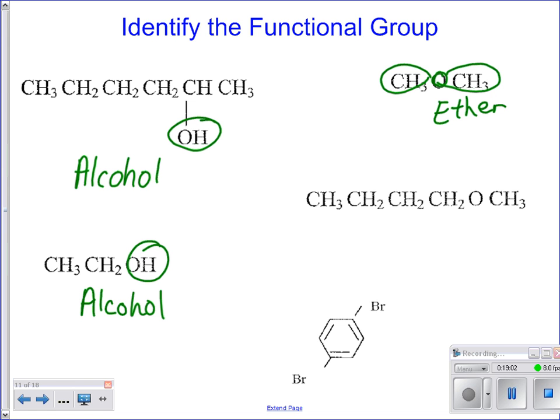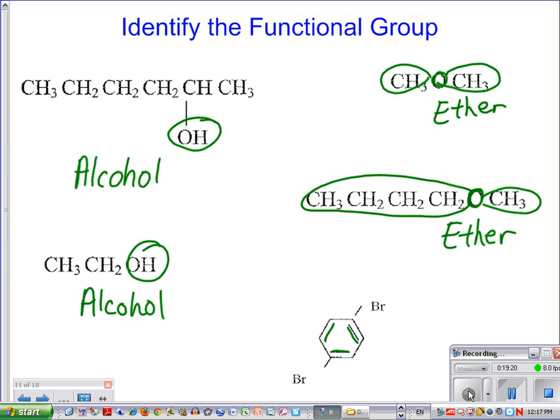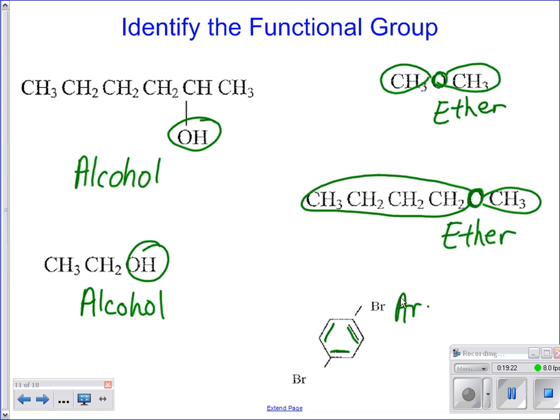This one, same deal, we've got an O right there. So again, a little lopsided with his ears, but we have an ether. And then here we have our alternating double and single bonds, 6 carbons, so we know that that's going to be an aromatic. All right, so here's our aromatic